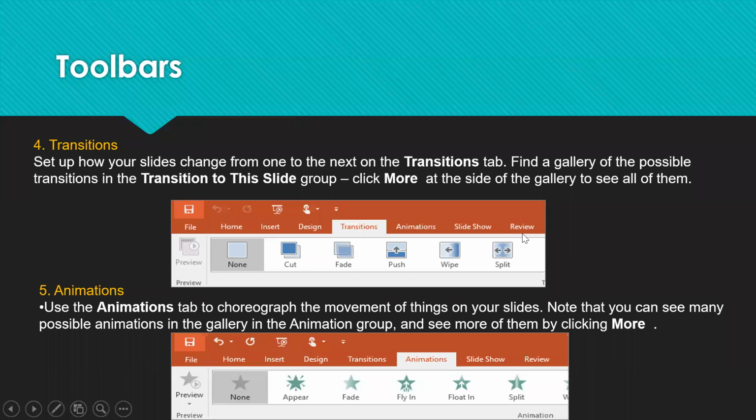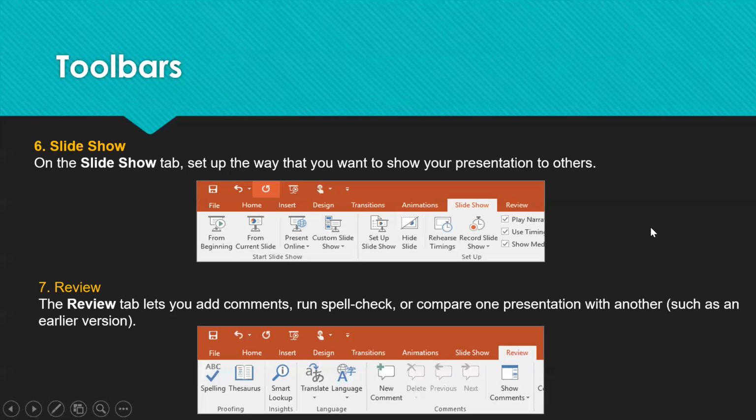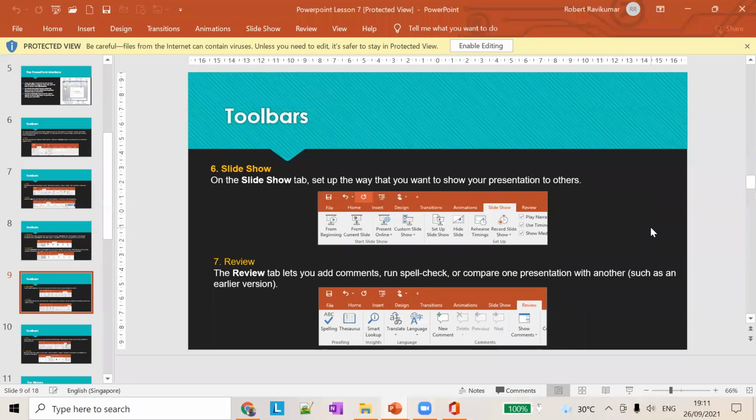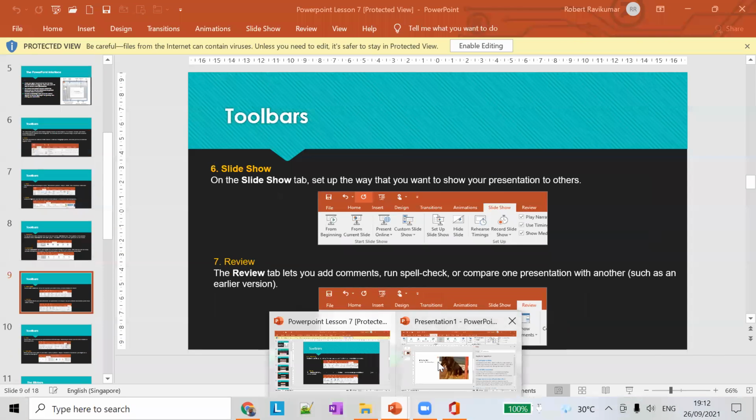Apart from that, what else we have? We have slideshow. Let's see an example on slideshow also.